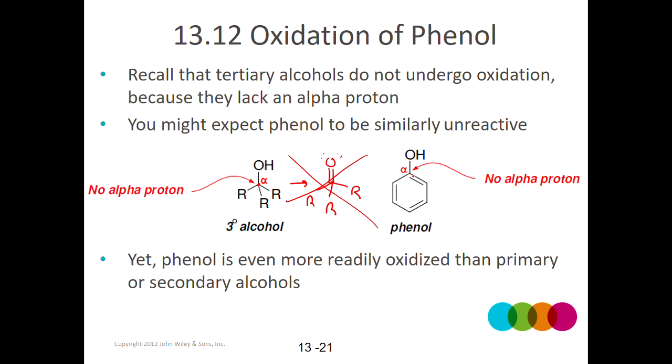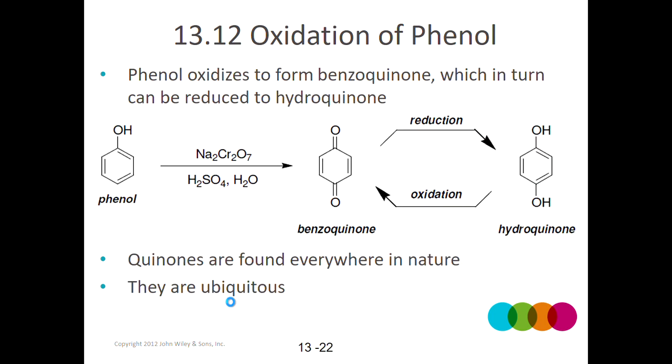Phenol is similar in that there's no hydrogen here to remove, but there is a pi bond that could be removed. So phenol is actually oxidizable. It's even more readily oxidizable than a primary or secondary alcohol. Just to point out, if you have a phenol and you use the chromic acid conditions, that will oxidize the OH group. It'll actually install a second oxygen, and you'll make this benzoquinone structure, which is pretty stable,